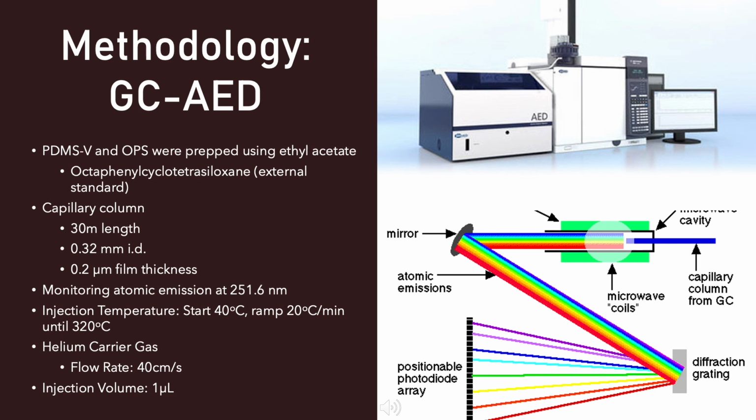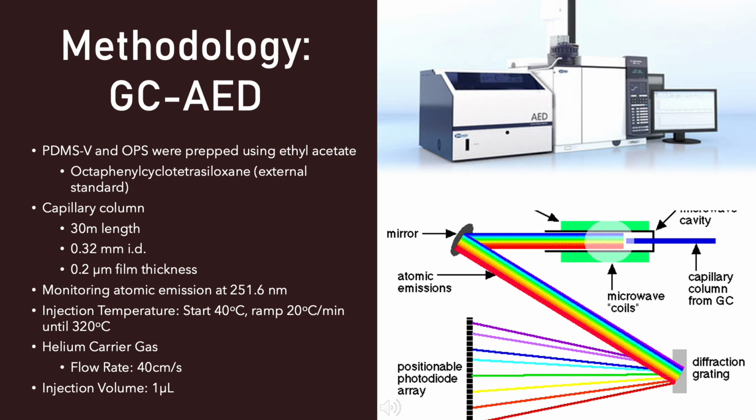I'm now going to talk about the methodology used by the authors, as well as how the atomic emissions detector works. The basic parameters of the column are listed here. They use an external standard of OPS because it closely relates to PDMS. Samples were prepped in ethyl acetate and then run through the GC. A capillary column was used with the following parameters: